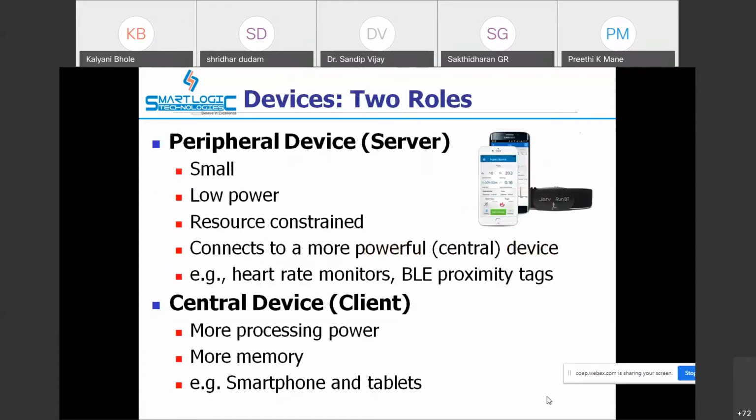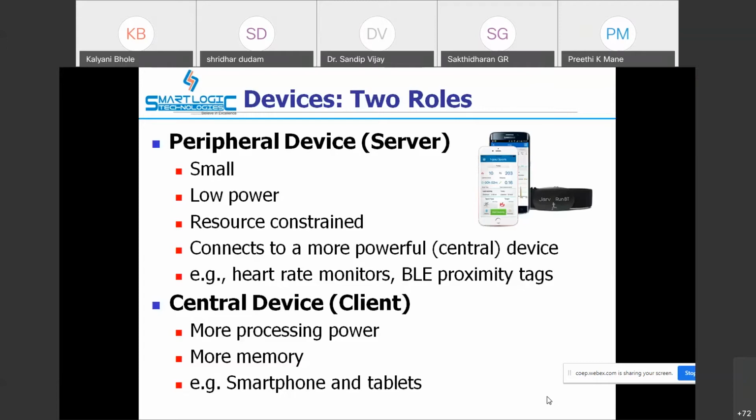So we'll see that there are two roles in BLE. Either there are peripheral devices, which we call a server. They are very small in nature, low power, resource constrained. But central devices are nothing but the clients, which have more processing power. The client in this case may be a smartphone, and the peripheral device may be your smartwatch.